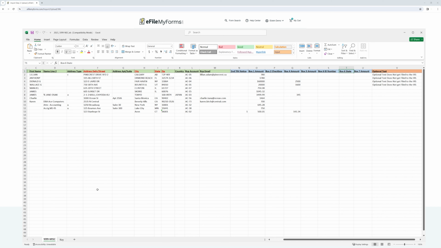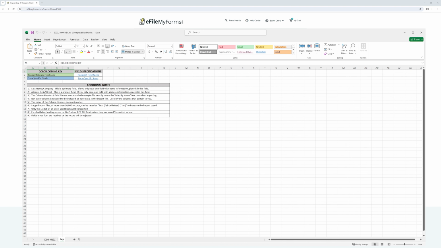The second tab on this sample spreadsheet will have a key. And this key just gives you a little bit of notes on what these fields are. And it also has a link for each one of the fields if you want to have more specifics to that. So if you click on these links, you'll be brought over to